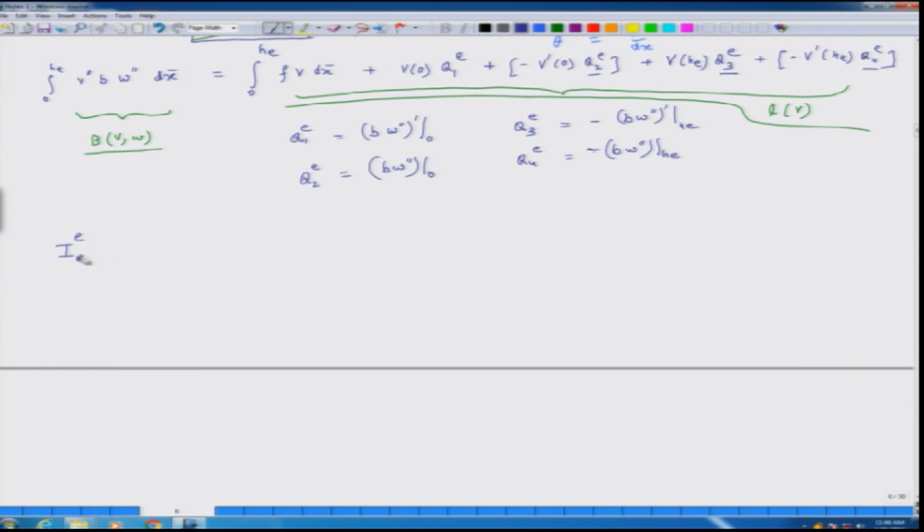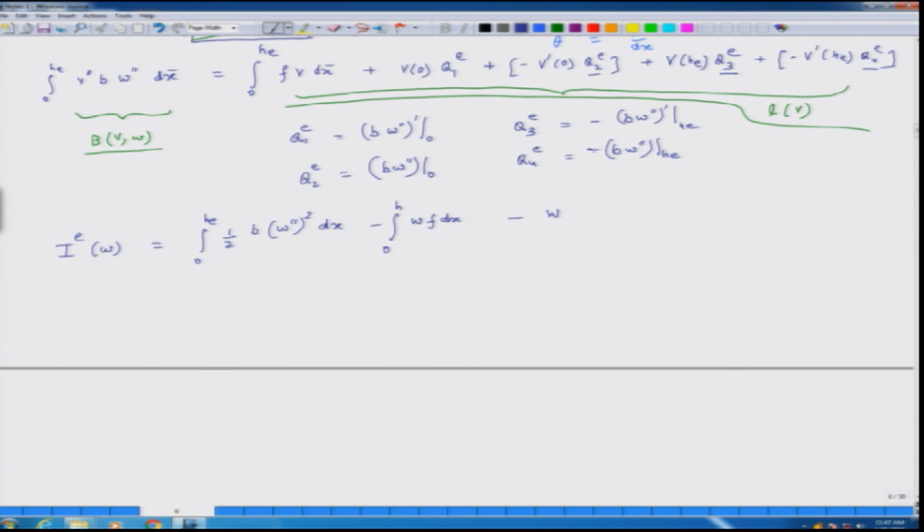So, I have this superscript E, and let us say that this is dependent on W, and I will define it as 0 to HE, half B W prime prime whole square dx, minus 0 to HE WF dx,